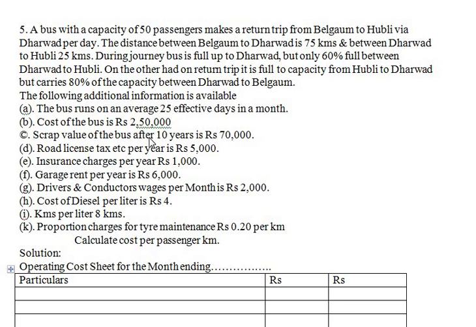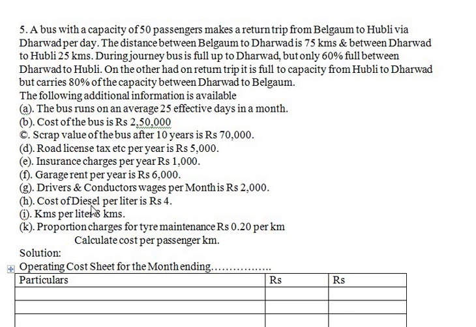And depreciation is taken under which point? Under fixed or standing charges. Road license, again it is fixed or standing charges. Insurance charges, again the same. Garage rent per year 6,000, so garage rent also is fixed. Next, drivers and conductors wages per month is rupees 2,000. Again, this is a fixed expense.